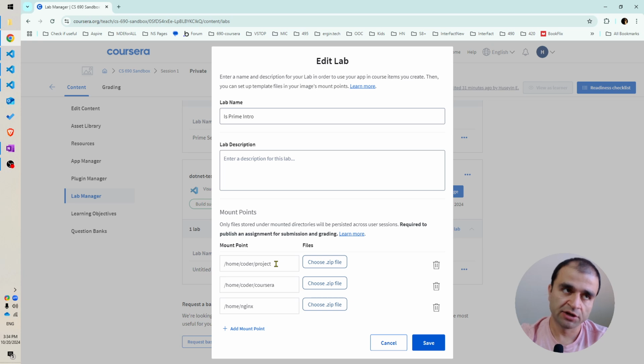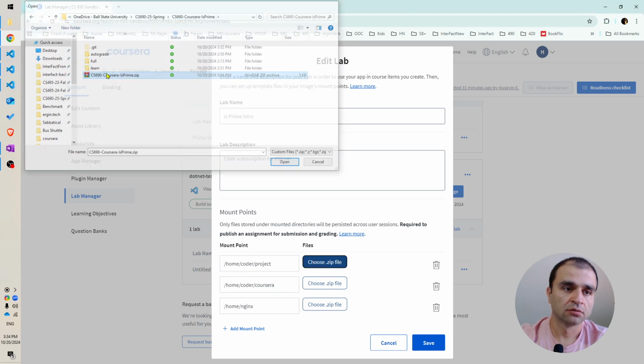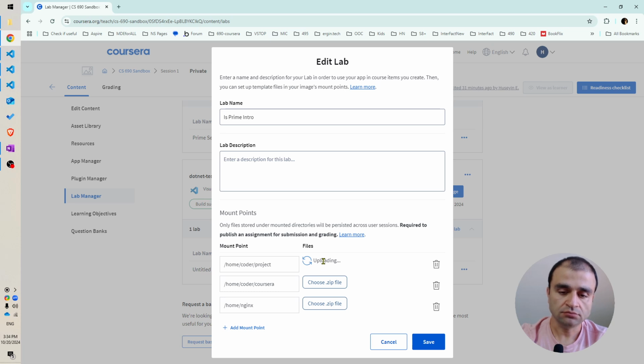This is basically whenever a student starts an assignment, they will be given an instance of this image plus the attachments that you added over here. So I will choose this zip file. And when I save it, it's going to be appended